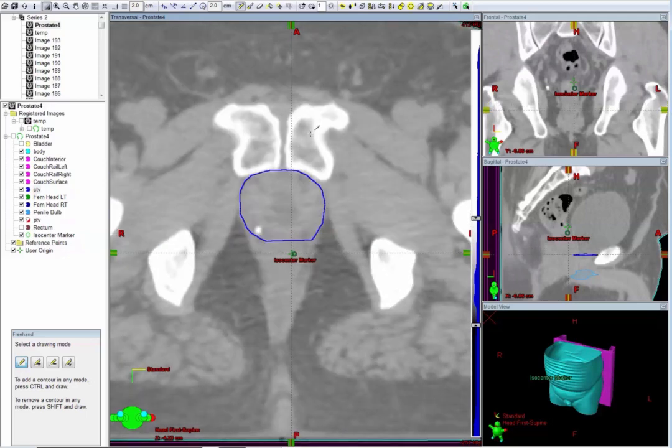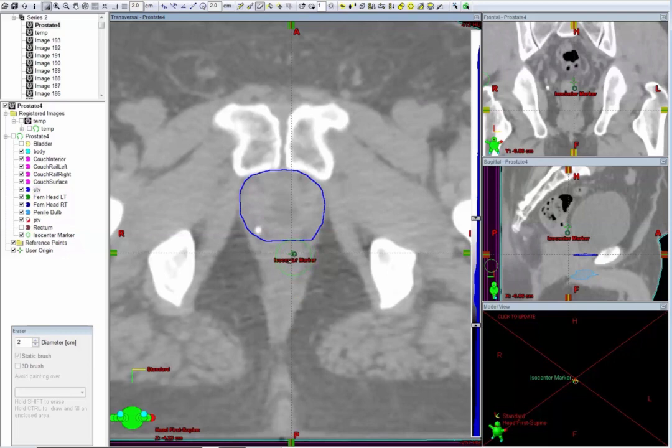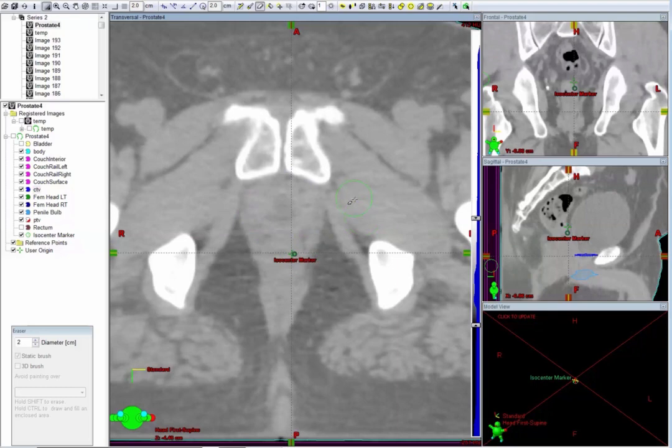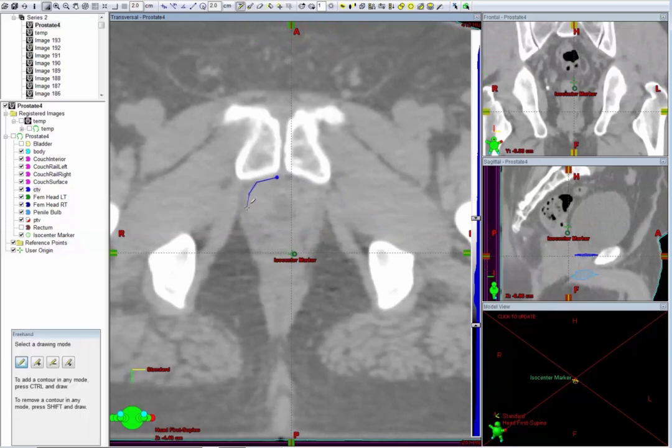And I'm trying to see, I may have inadvertently included just a tiny bit of the anterior rectal wall there. And we'll just keep coming down and